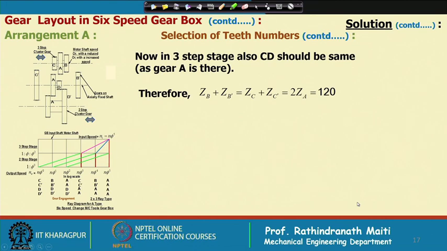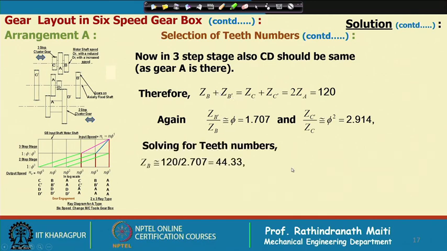Now, next, in the 3-step stage also C D should be the same, as gear A is there. So, this means that Z B plus Z B dash is equal to Z C plus Z C dash is equal to twice A Z is equal to 120, the teeth numbers. Now, Z B dash by Z B is equal to 1.707, and Z C dash by Z C is equal to phi square is equal to 2.914. So, using these two equations in a set and these other two equations in another set, we will find Z